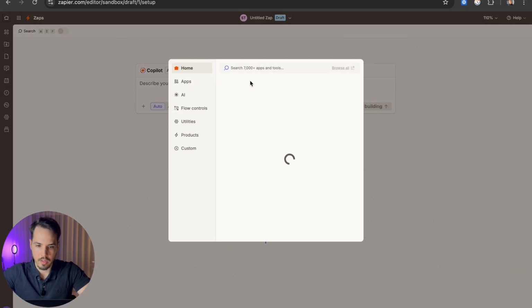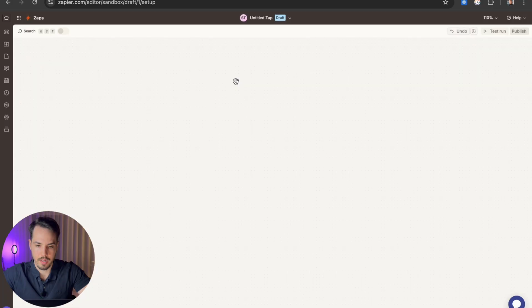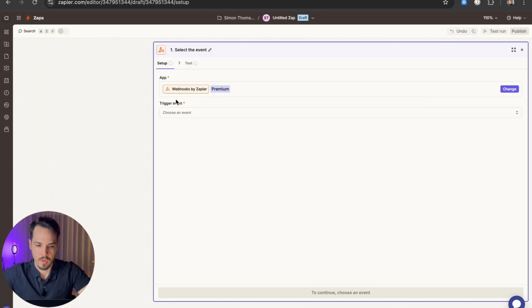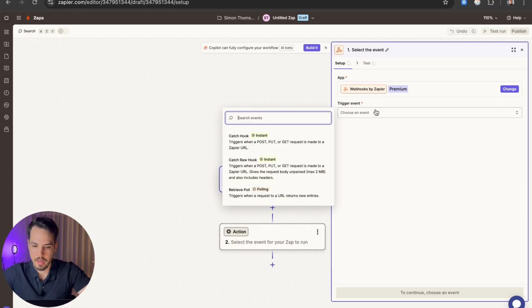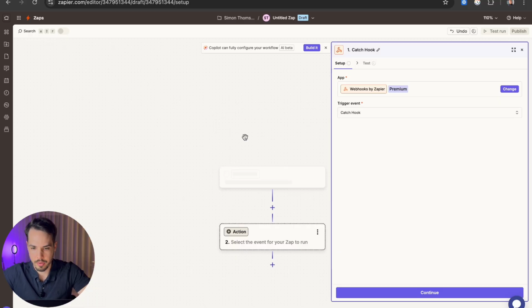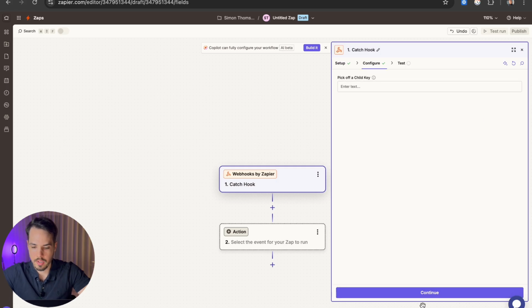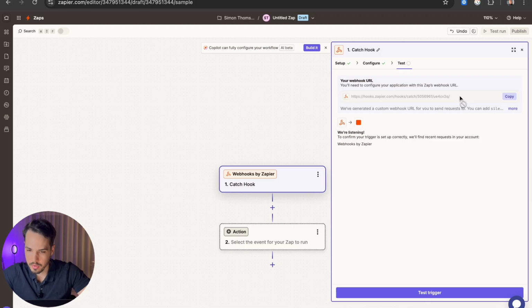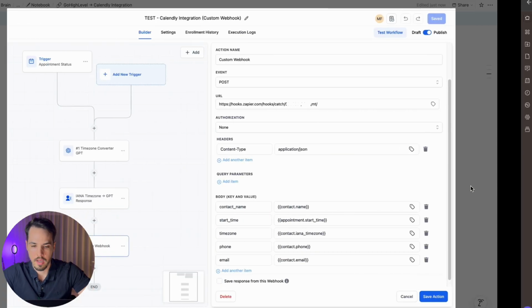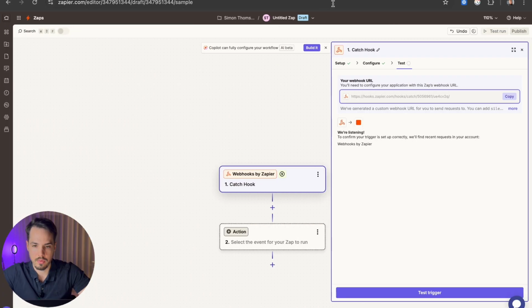So the trigger is going to be webhook, premium action. Let me just make this a bit smaller. Trigger event is going to be a catch hook. Okay, continue. Configure, we don't need anything from here. Continue. And then here's going to do this custom URL. I'm going to copy this custom URL and we will need to go back to GoHighLevel